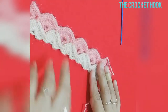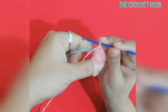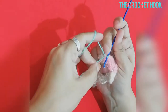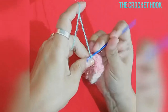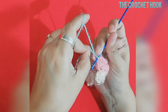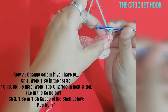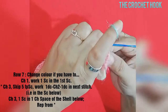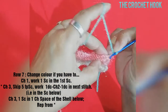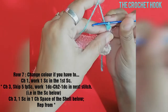Now for round 7 I'm going to change the shade again. So here, to begin round 7, chain 1, turn the work, and into this very first SC here below, work 1 SC in this SC below like this. Chain 3,